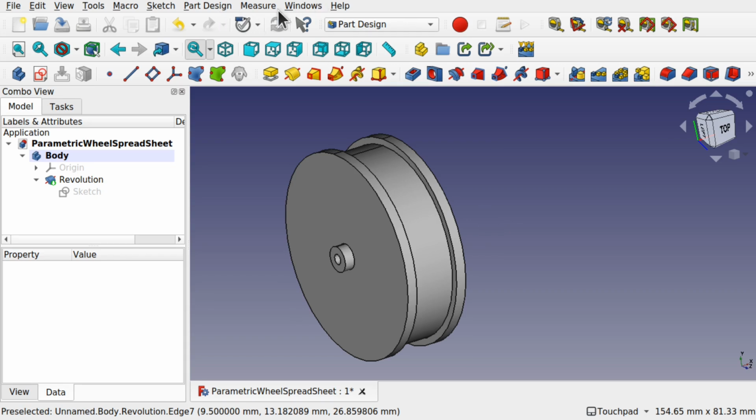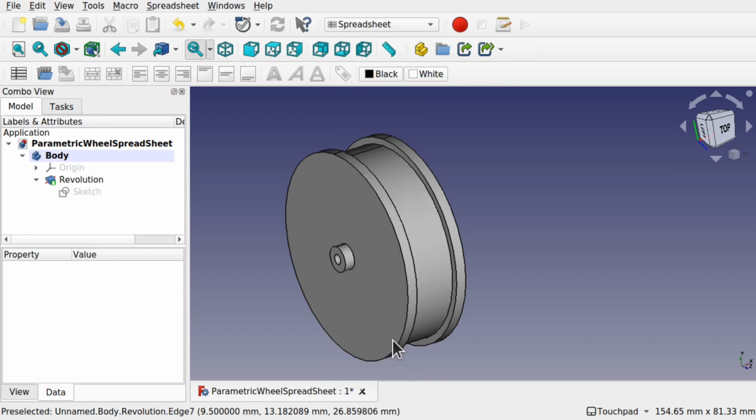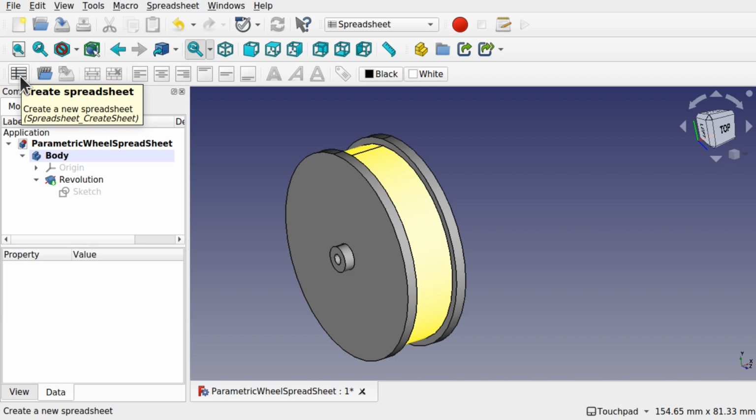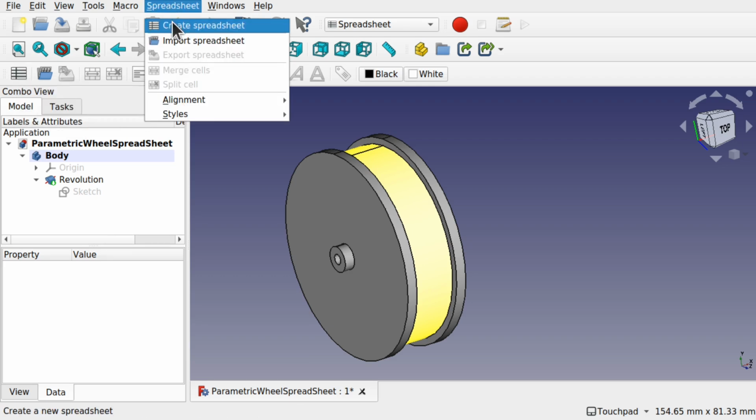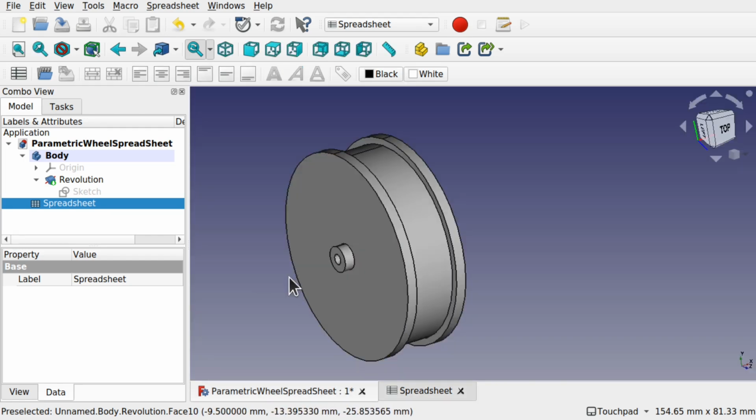Go out to Part Design, drop down the workbenches, and come down to Spreadsheet. We're now in the Spreadsheet workbench and we've got to create a new spreadsheet, which is this icon here. Create spreadsheet. We've now got our spreadsheet open and we can start looking at the constraints that we have in our sketch